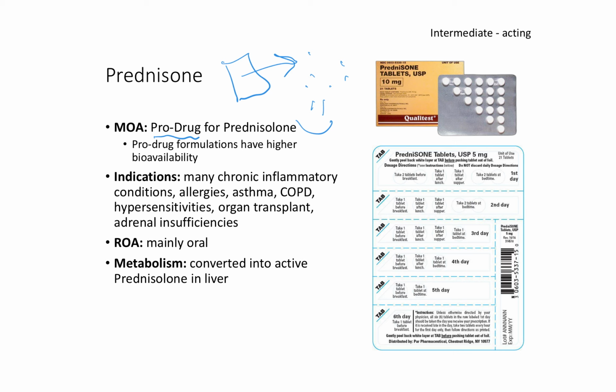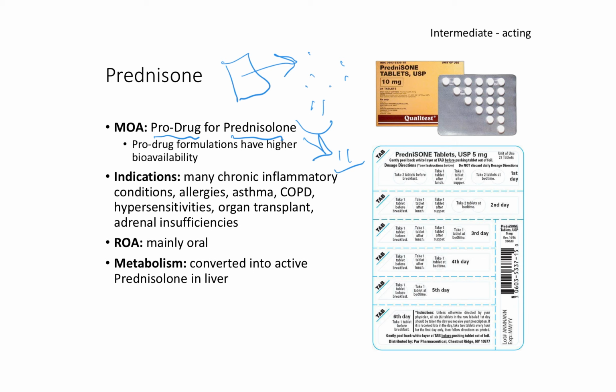So when you give prednisolone, your body is immediately converting it into waste products. When you give prednisone, your body converts it immediately into prednisolone, which is an active substance. So that means there's higher amounts of drug available to work biologically. So prednisone is a nice way to get more drug into the system, and it's used in a lot of